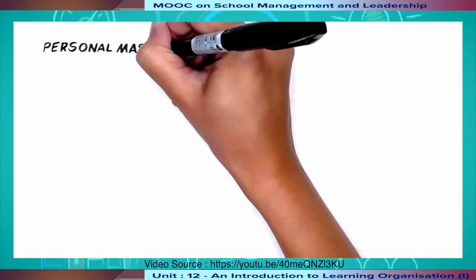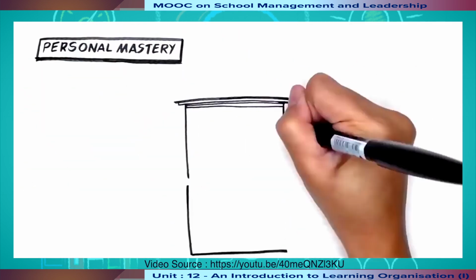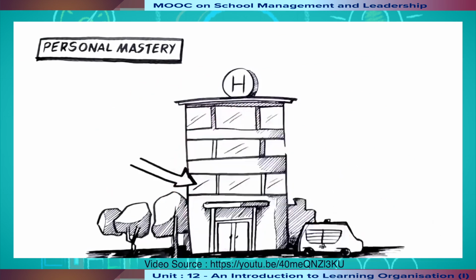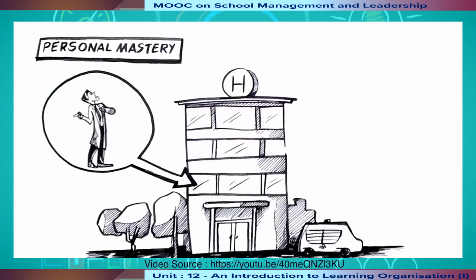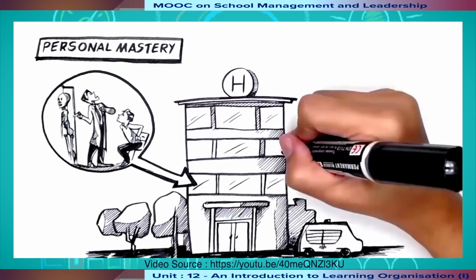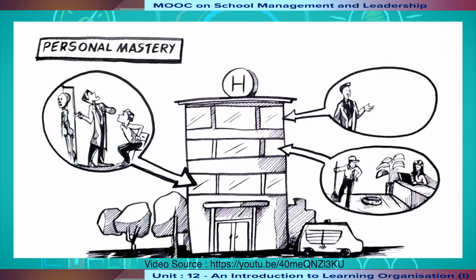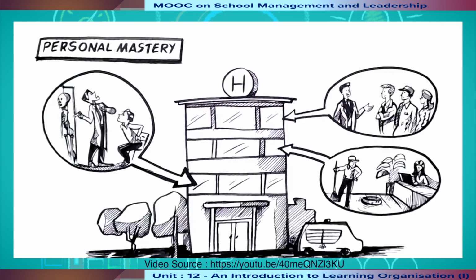They promote personal mastery. Employees try to achieve personal mastery in their fields. Once they become experts, they feel proud of their work, they are motivated intrinsically, and they can create positive change wherever they are. For example, a cleaner might come up with an idea on how to save water, and an accountant on how to save bank fees. The job of the boss is to connect all experts and give directions.